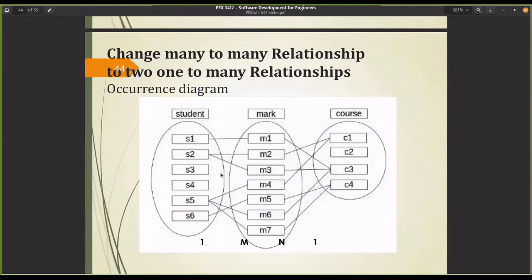Now consider this occurrence diagram. This is called an occurrence diagram. Now, if you ignore this, these two entities with these two occurrences, it becomes many to many. Now we change the many-to-many relationship to one-to-many relationships. Now, between these relationships